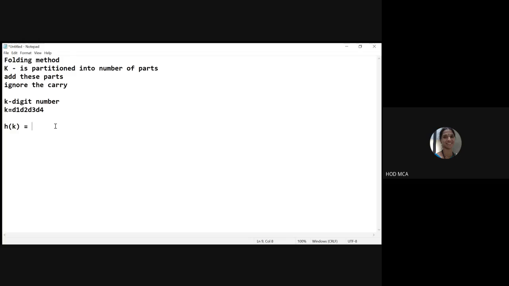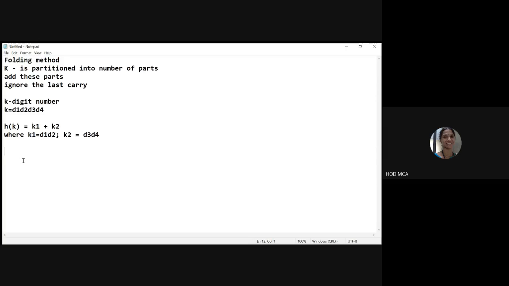If I have a 4-digit number, I will partition it into two parts, k1 and k2, where k1 is my first two digits and k2 is going to be my last two digits, d3 and d4. Now I'm going to add these two, k1 and k2. If I get any carry, I will ignore the last carry.